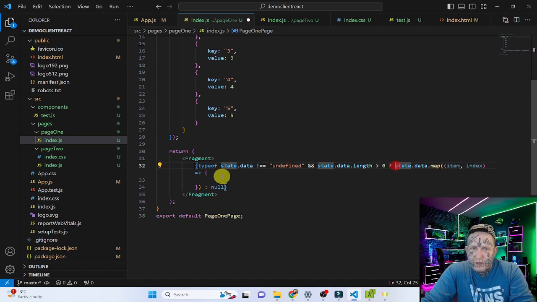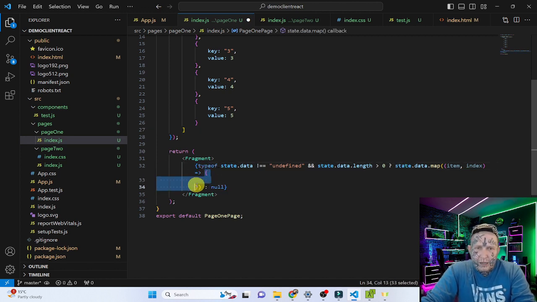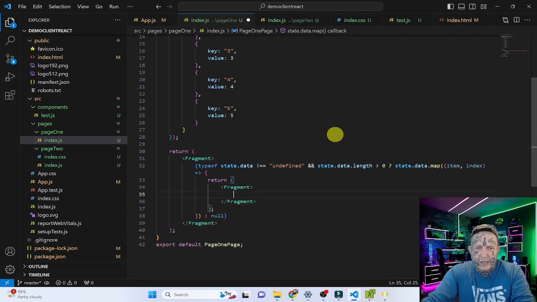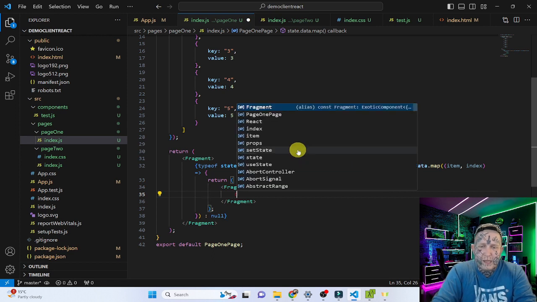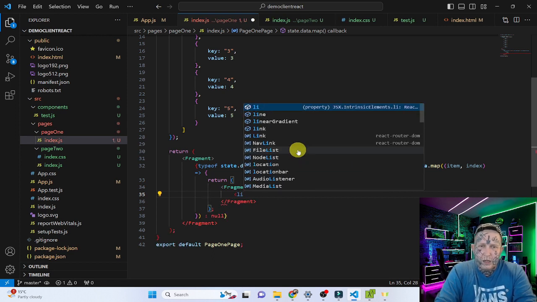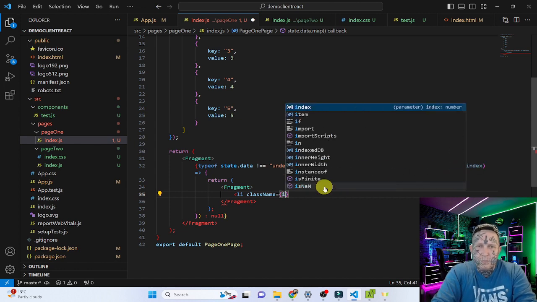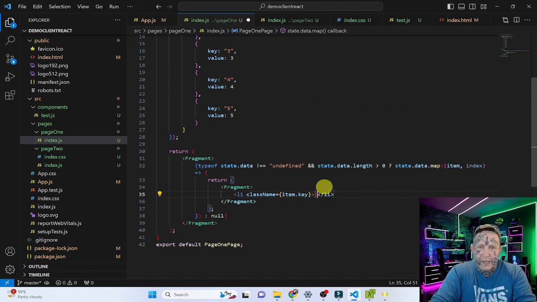Okay, and now this is just rendering this data. So we need to return the data. So return, open brackets, and then a multi-line expression, and then a fragment, and then close the fragment, which is like an empty div essentially. Don't worry about what a fragment is. It's just a placeholder essentially. And then we want to do maybe an li with maybe a class name of, then this is what we're going to do. So we're going to do item key and then close that and then open curly brackets, close curly brackets, item